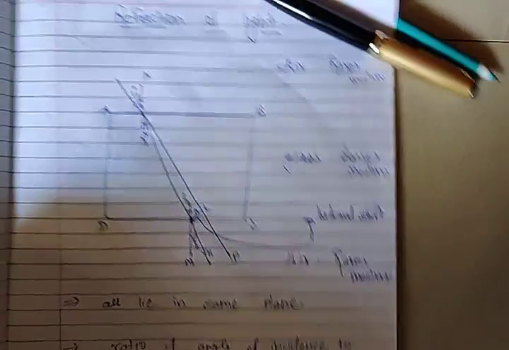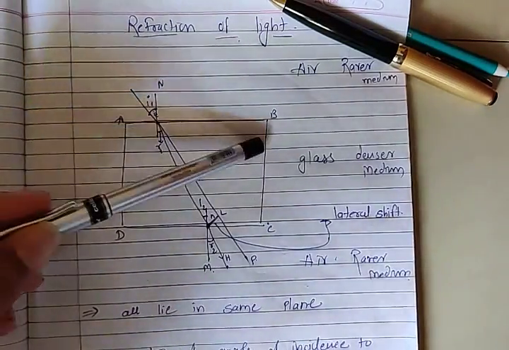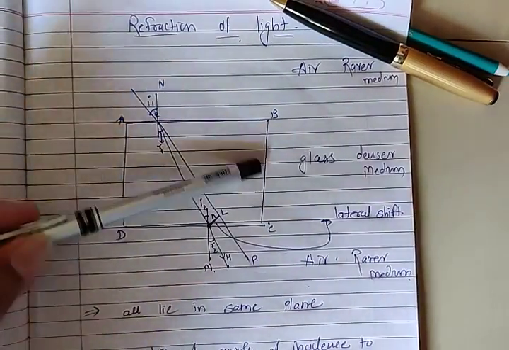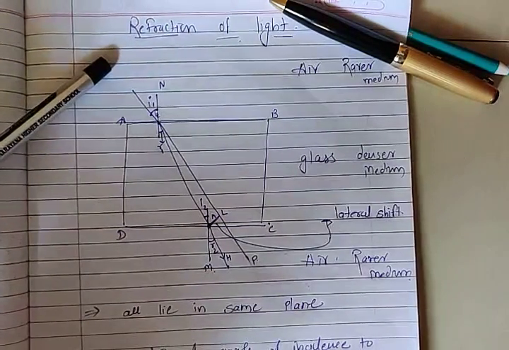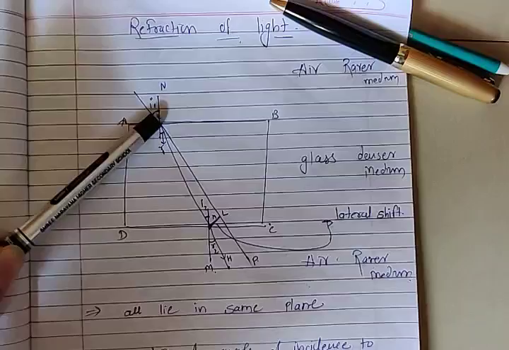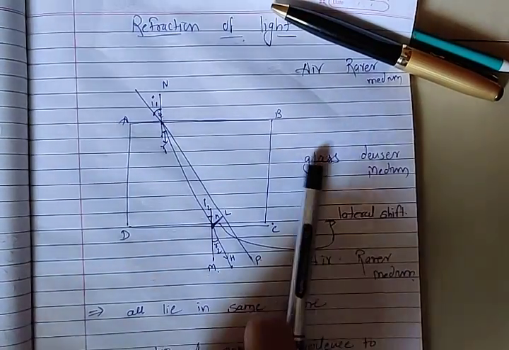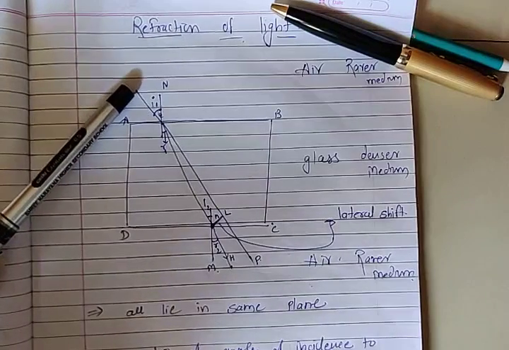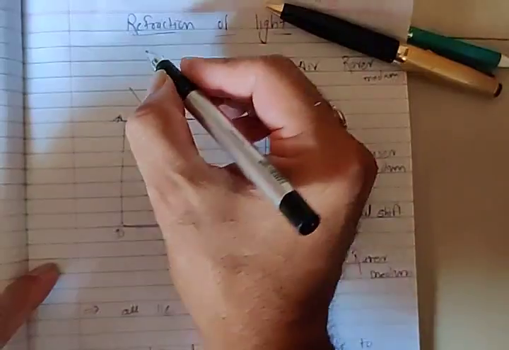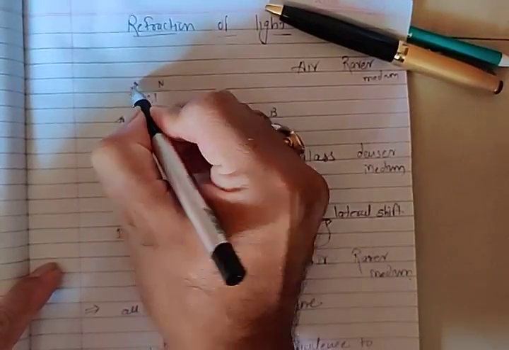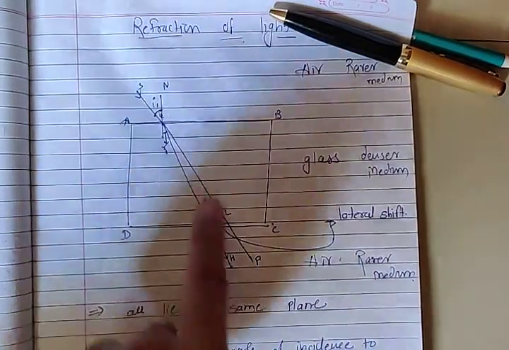Now we have to go deeper into this part. Here the first medium, called ABCD, is considered as a glass slab. If a ray of light is passing, it is going to pass something like this. This is the normal path when the glass slab is not there. It is going to pass from point A to S to P. It is a straight line.